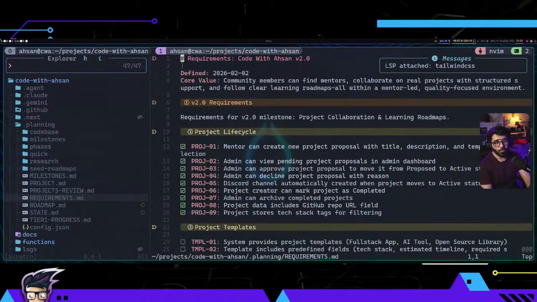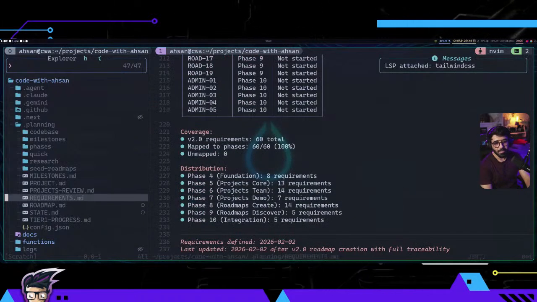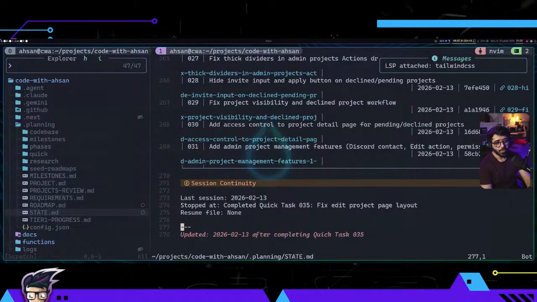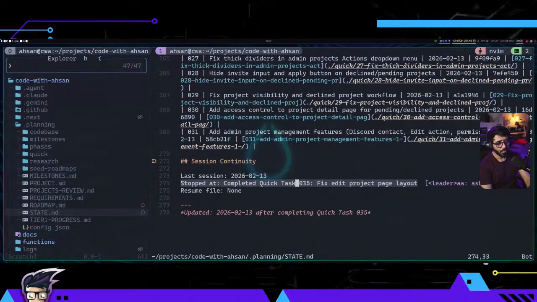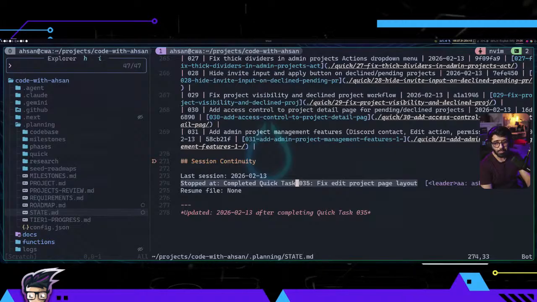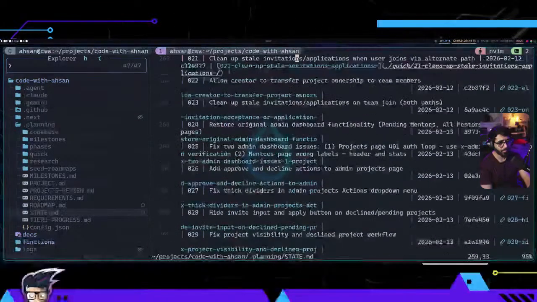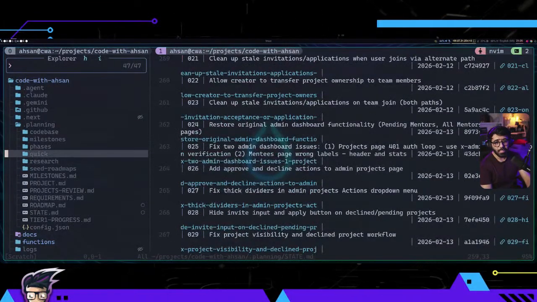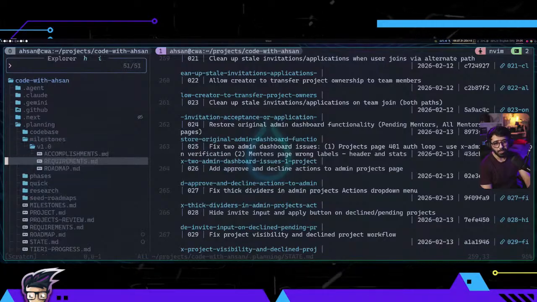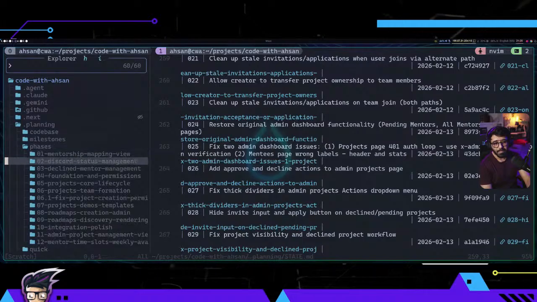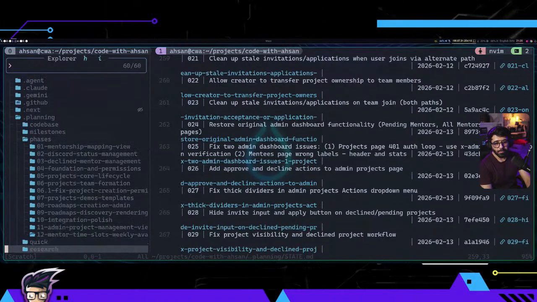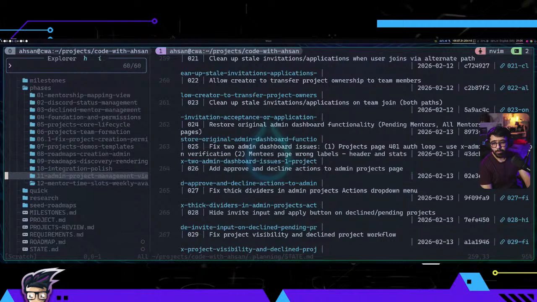Then we have what are the requirements. So all the requirements are maintained here. We have the state. So right now we just added the state, which is edit project page layout. So this particular task is what we just did, right? Then for each milestone, you have other documentation, accomplishments, requirement, roadmap. Then we have phases. So right now we are on the 12th phase. There's nothing inside, but if you go to the 11th phase,